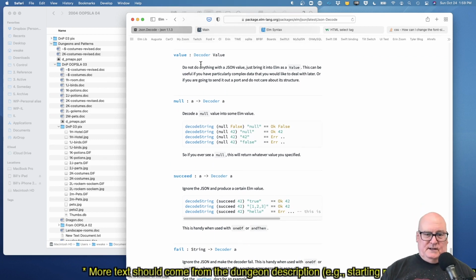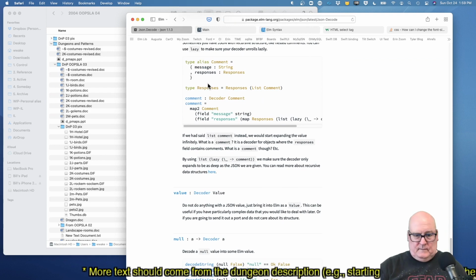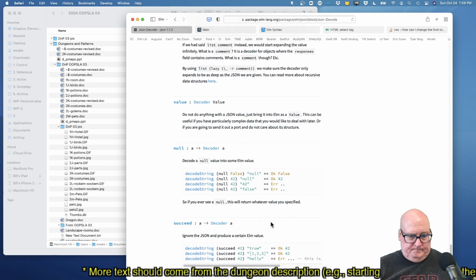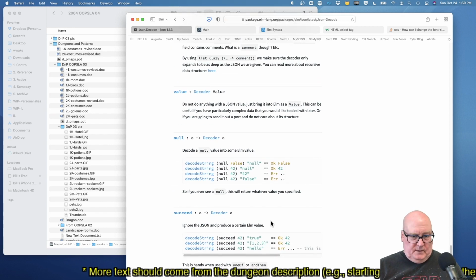Value. Do not do anything with a JSON value, just bring it to Elm as a value. That's promising. Okay, well, let's try that.